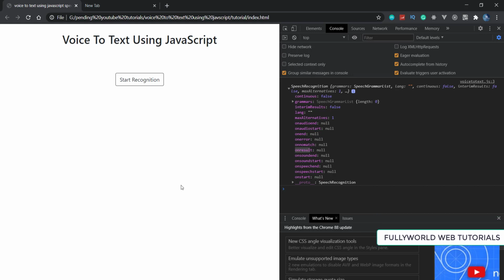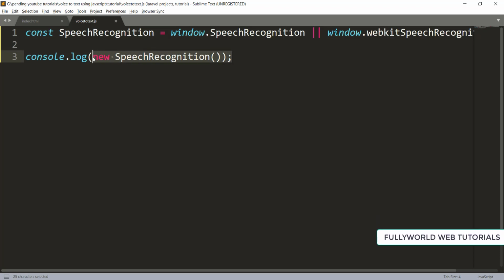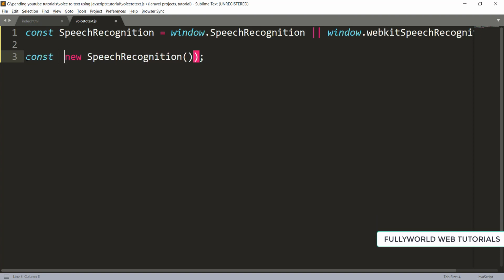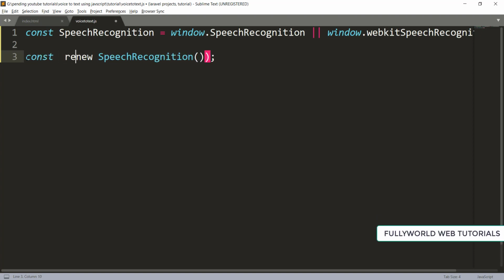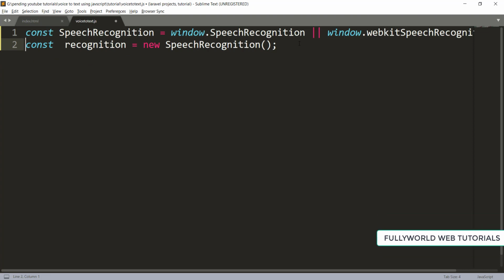So first of all, let's target our button here. I'm creating one constant here that will be our recognition, and this will be our object here. So we will use this object only, and let's create our button.